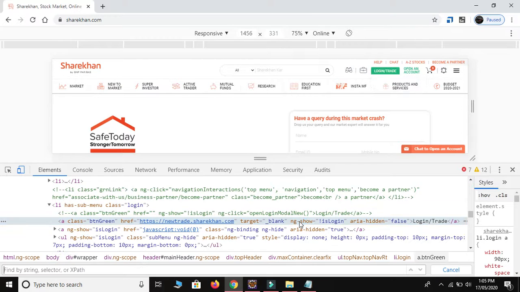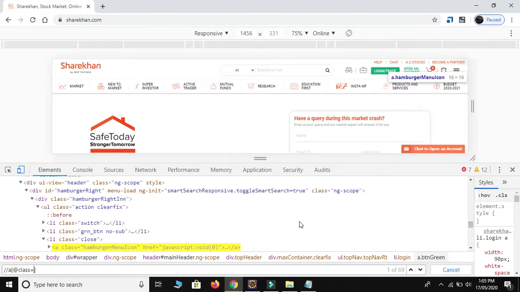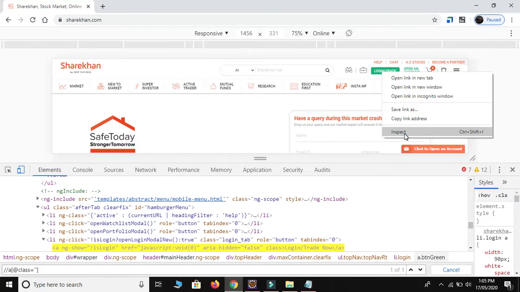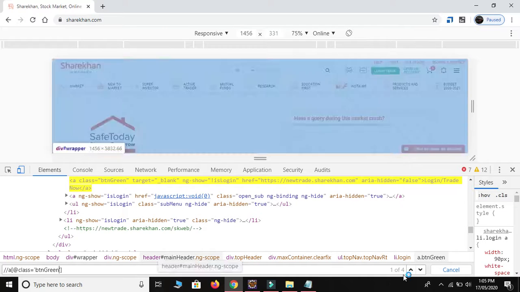So just press Ctrl F, // our element came inside the anchor tag, so I will write a. I will use class. So class is the attribute, so we use @class is equal to, and I will provide the name of the class, this one, btn green. Just copy and paste here. Okay, we got one of 4.